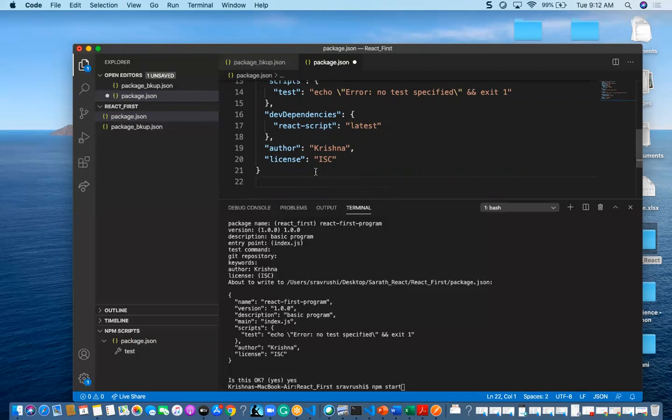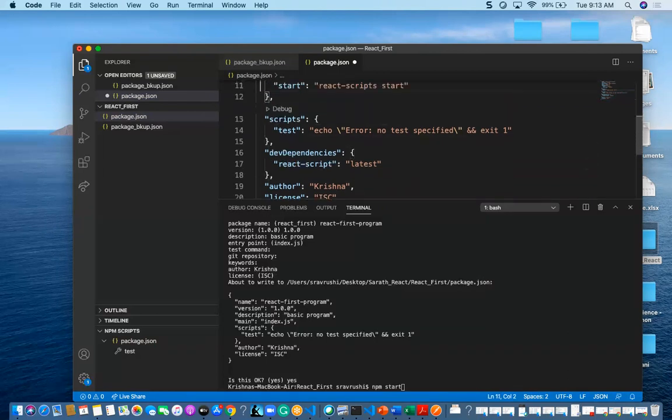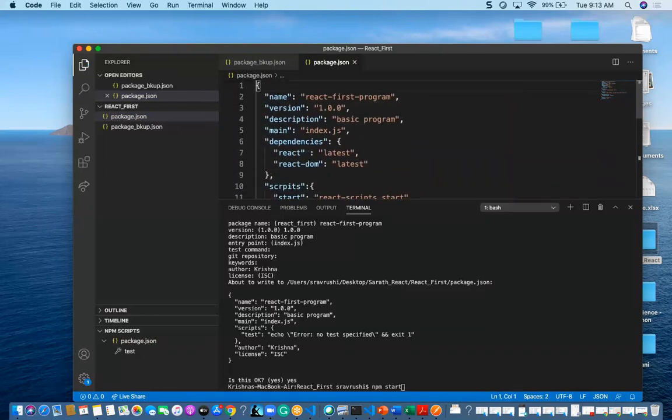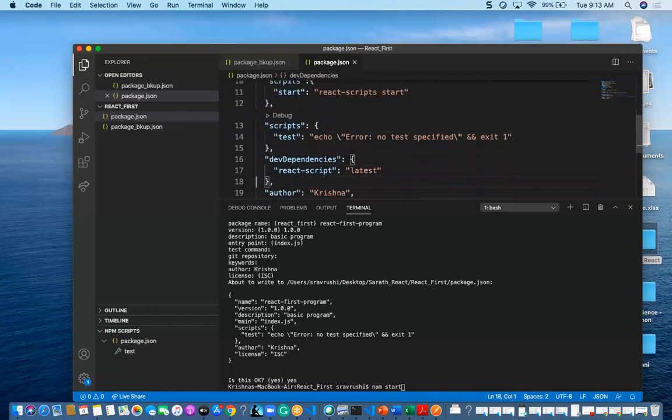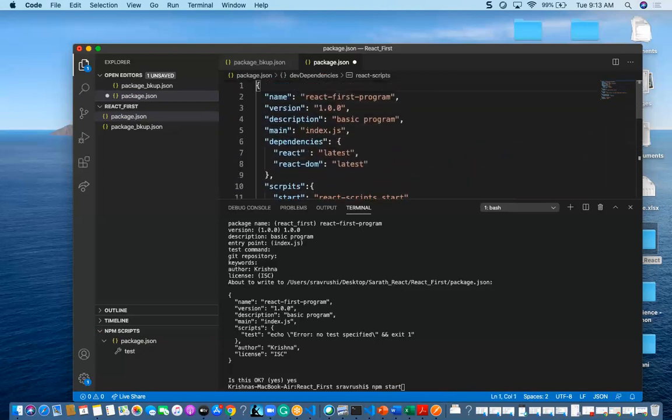So now after this, I just declared those dependencies, but I haven't installed them in my application. Here my dependencies are React and React DOM, and my dev dependency is React scripts. So what is the command to install these dependencies? npm install.